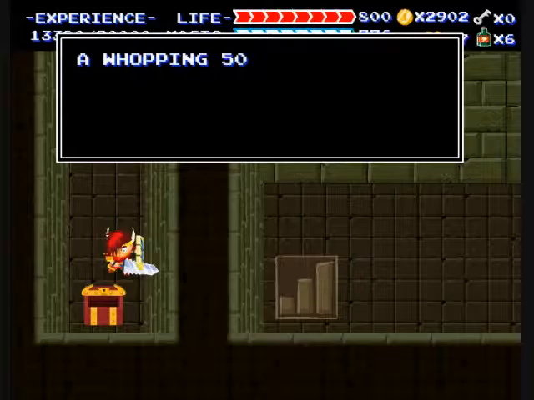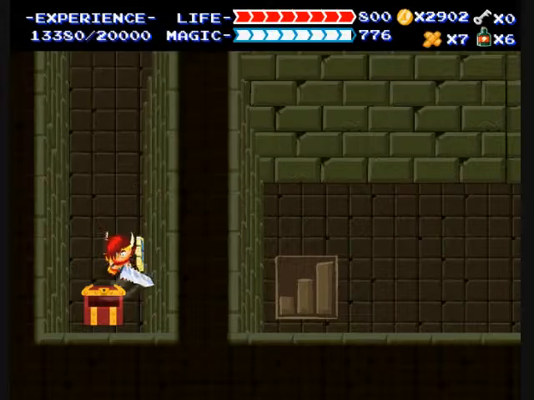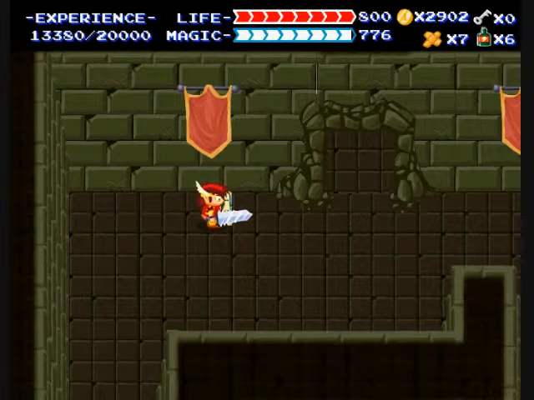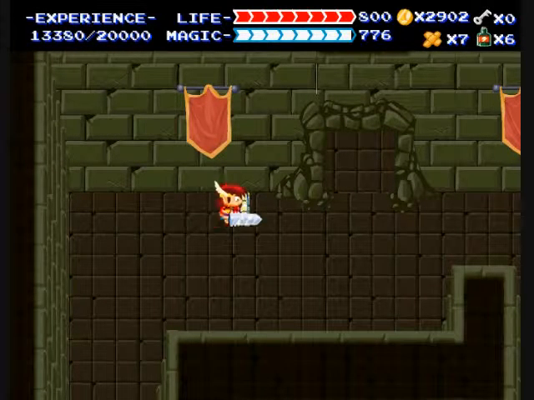Oh, chest. Woo! A whopping 500 coins inside. Yeah! 500 more. Well, I can actually buy a large power elixir and feed Rix's...